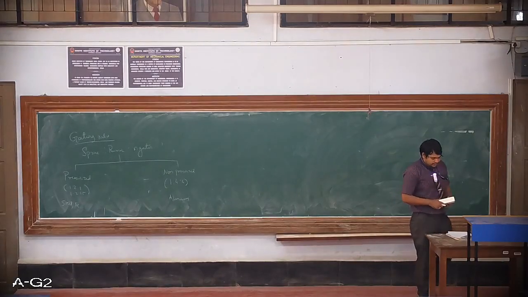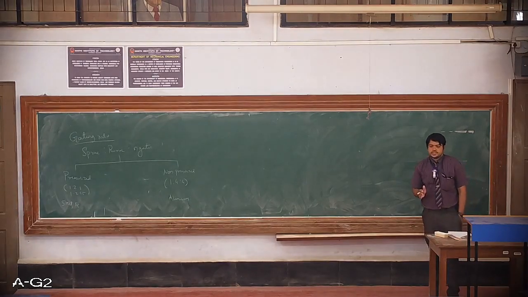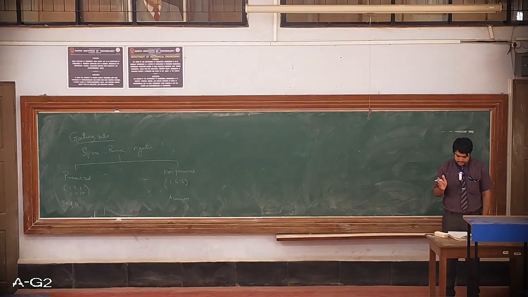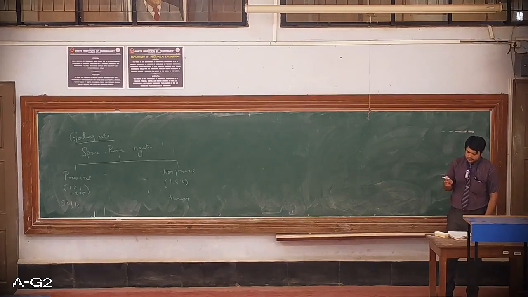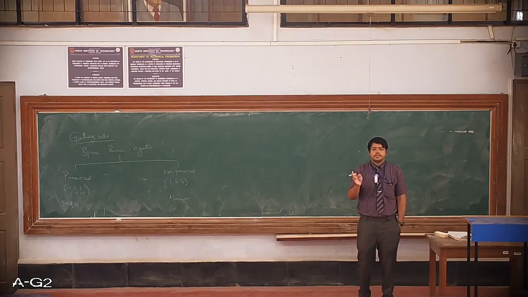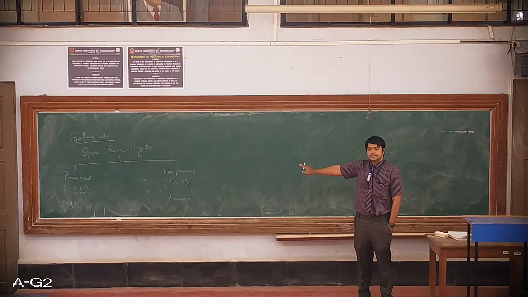So here we are going to have the cross-sectional area of the sprue compared to the cross-sectional area of the runner compared to the cross-sectional area of the ingates. If the total area of runner and ingate is more compared to that of the sprue, then we call it a non-pressurized gating system. Generally, dross formation takes place in metals like aluminum and magnesium. Generally, it happens with light alloys. So there we are going to have a non-pressurized gating system.